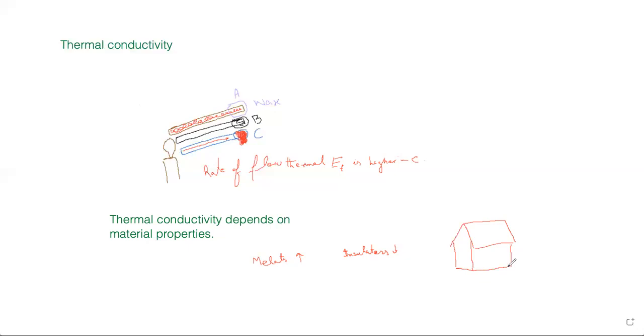Once you have heated it up, your next objective is to keep it hot for a longer time. So in that case, what would you try? You would try to avoid this flow of heat energy from inside to outside. And how can we avoid it? By isolating, for example, the ceiling of this house, and also the walls in a proper way. And of course, the windows as well, or the doors.